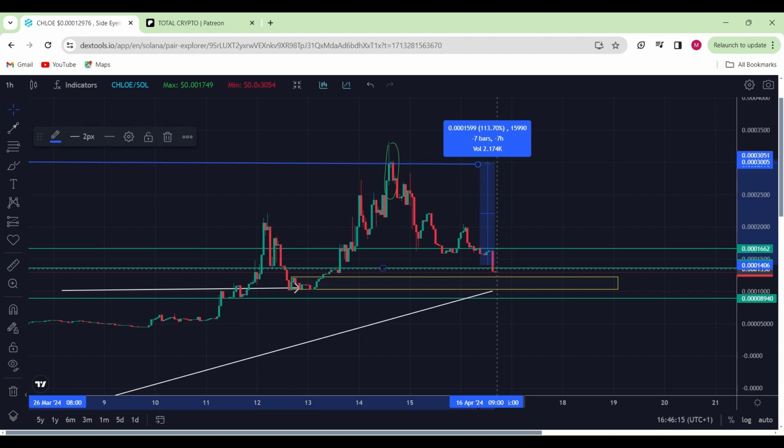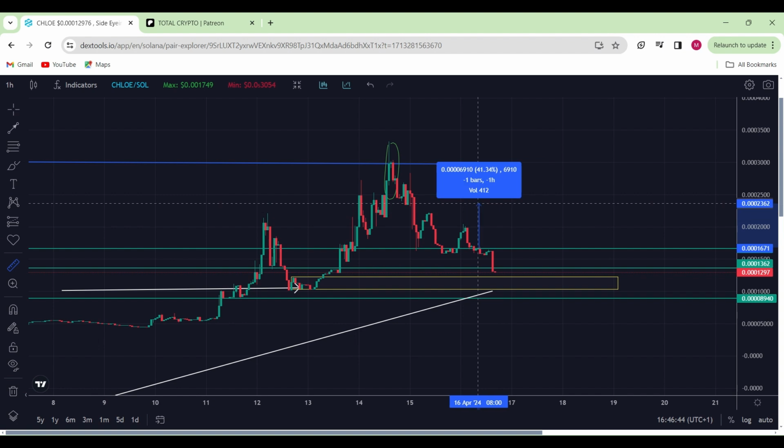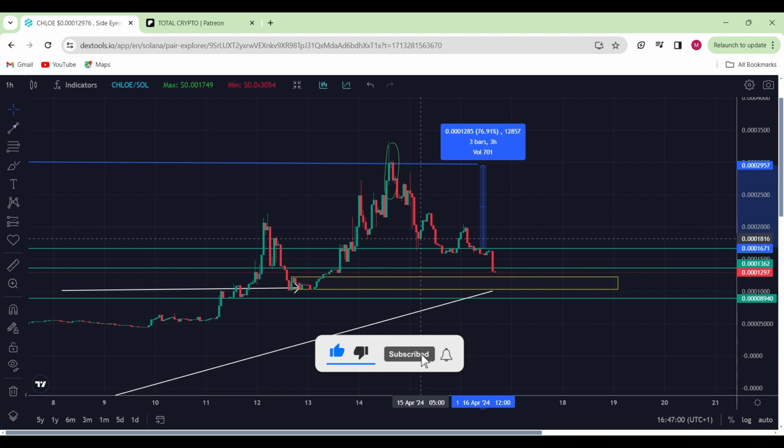109. And then finally, let's say for example we do come back into this box and into this area, and that would be 172. So 176 plus, what's that, 74, that's 200, that's 240, 246-ish. I did say if we enter somewhere around about here, it all adds up, guys, is what I'm trying to say. And if you put in here, there, let's say from here to there, that's like an additional 76. So that means you'll be in it for more than a 300% move just from DCA-ing in here, there, but